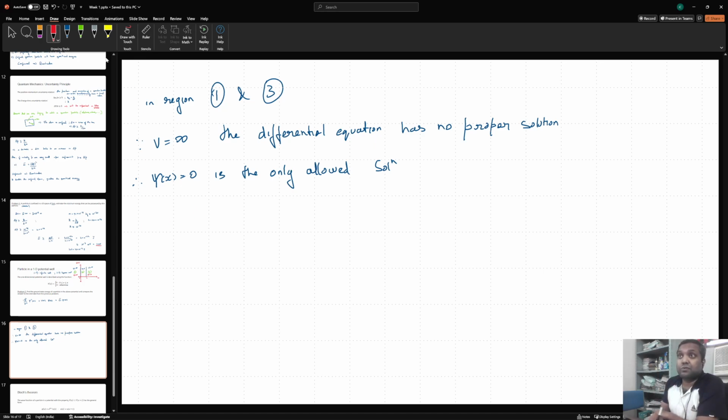Now what about region 2? So in there, the equation again reduces to our well-known